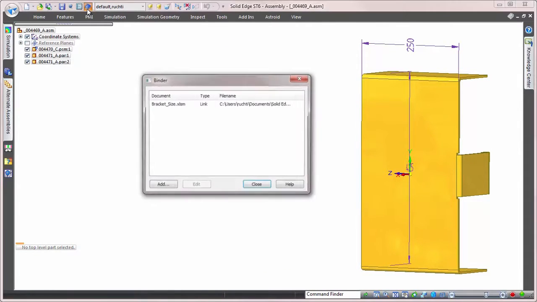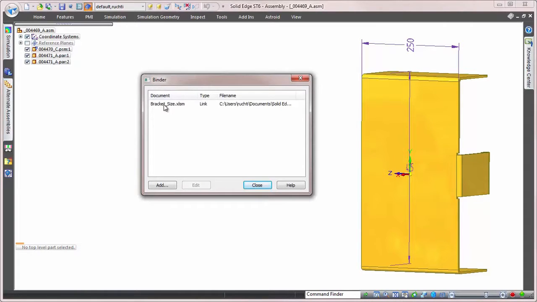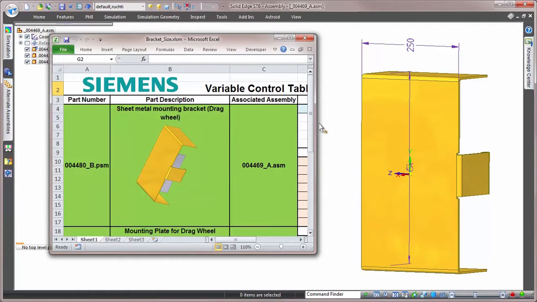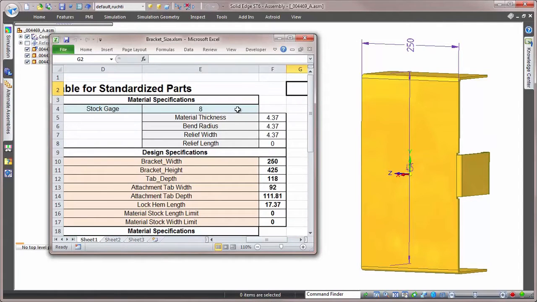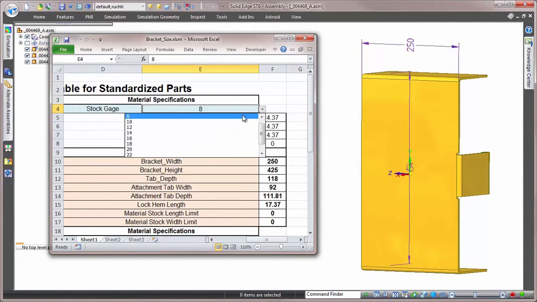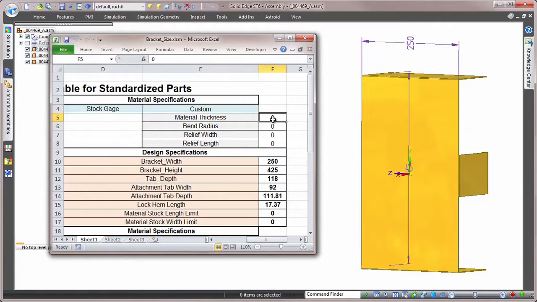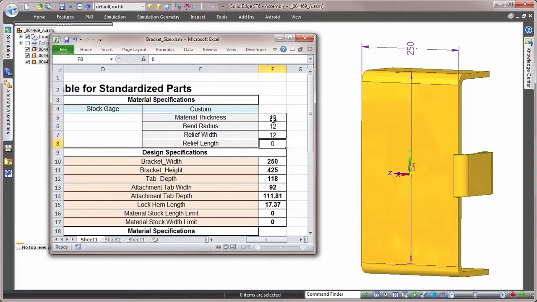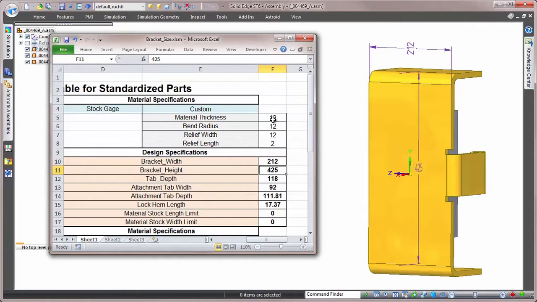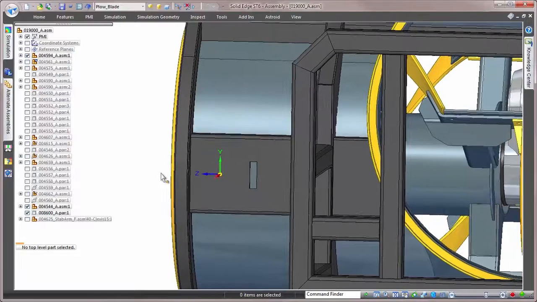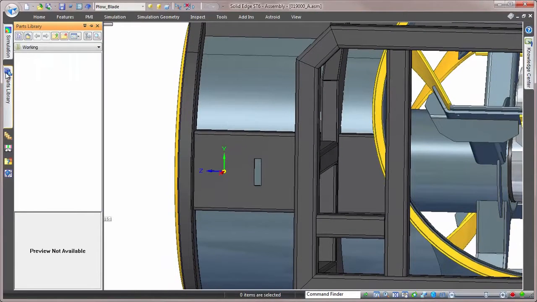Additionally, our bracket has been set up to be controlled through an Excel spreadsheet, acting as a configurator, so we can simply input the desired values and Solid Edge handles the rest. Using a design configurator is a great way to get accurate and immediate customer quotations, whether an experienced designer or simply a salesperson. Of course, if more automation is required, additional solutions are available, but all capabilities seen here come